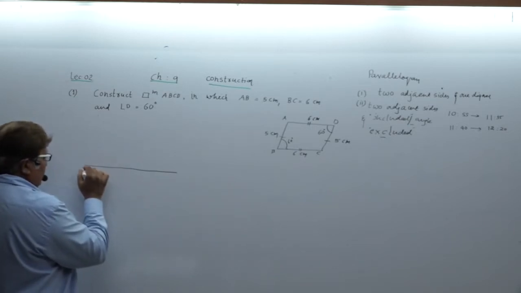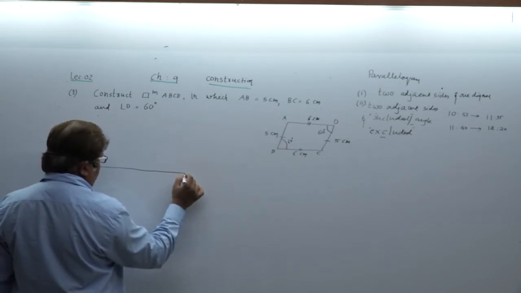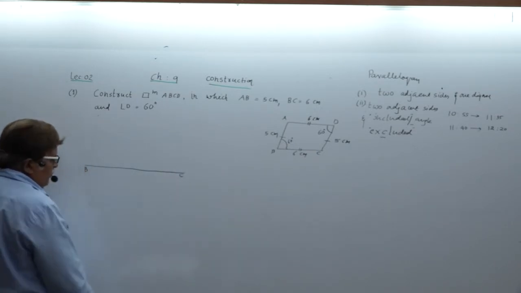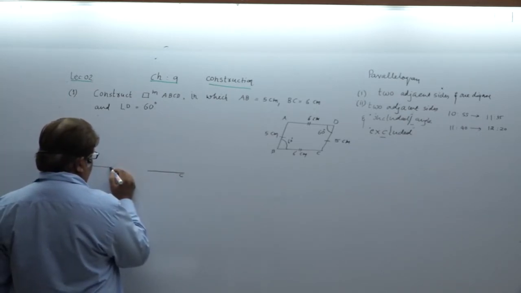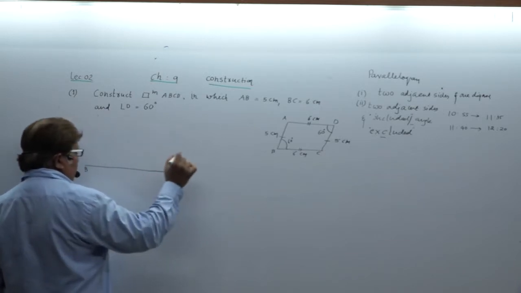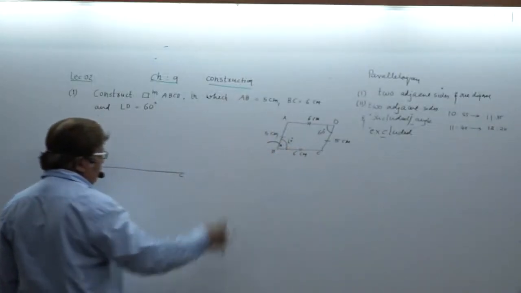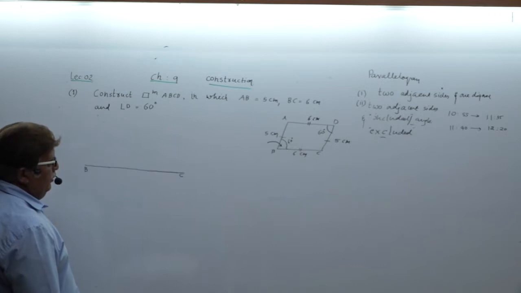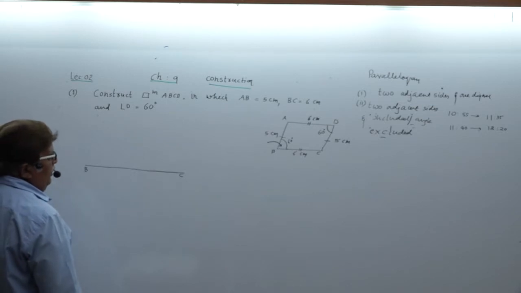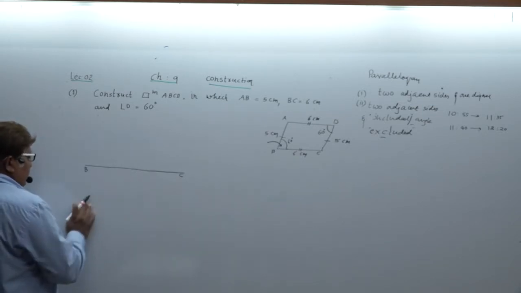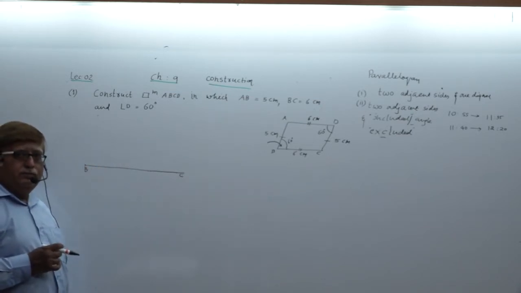Please draw BC with me. BC of 6 centimeter. After you draw BC of 6 centimeter, now your target remains to construct this particular angle, that is at B. We have to construct an angle of 60 degree, and for that purpose you all know very well that